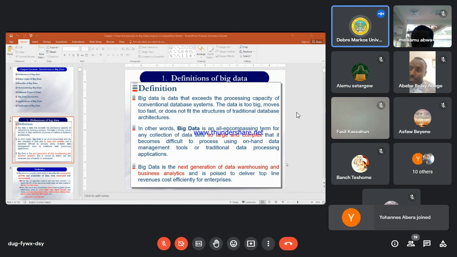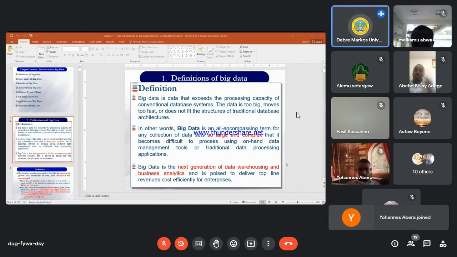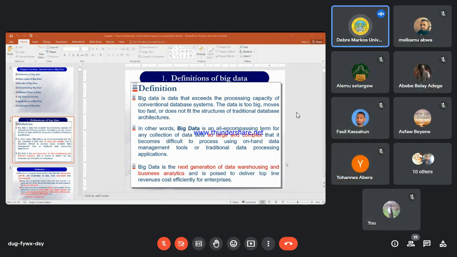That is called big data. See, big data, the name, does not show only the size. It shows also the volume or the value or the rate of changes.